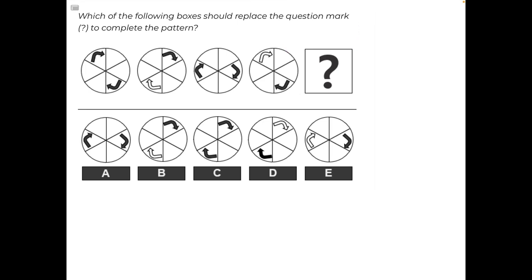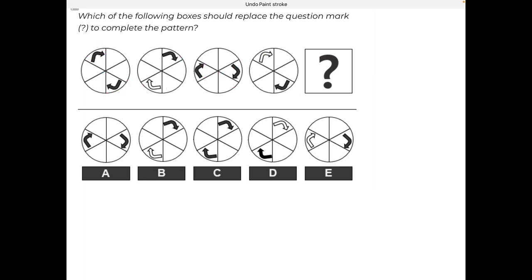The first pattern of logic has to do with the color of the arrows. In our first element, we have 2 black arrows, then we have 1 white, 1 black, then we go back to 2 black arrows and back to 1 black, 1 white. So we're alternating between all black and a black and a white as we go from left to right in